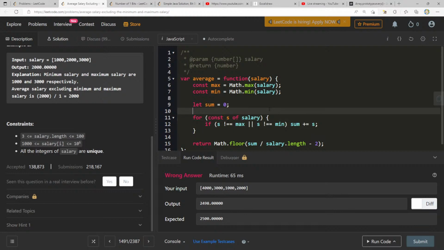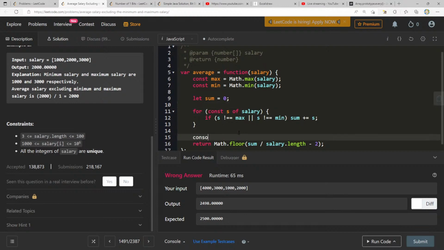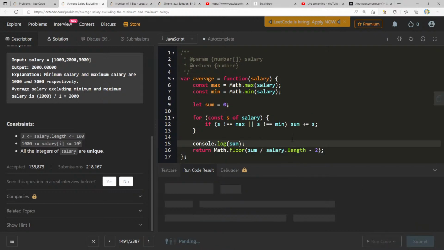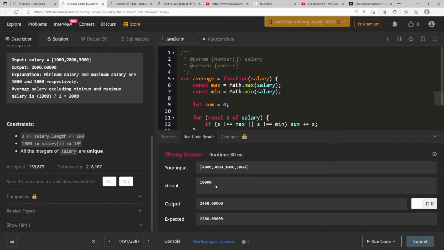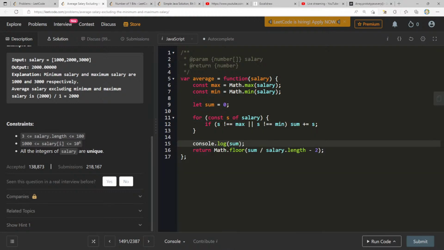But then we also need it to be. Why are things like this so complicated sometimes? It's literally just a simple expression and that thing's tripping me up. I bet sum is going to be some crazy number. What are we getting for sum here? Sum divided by salary.length minus 2. 10,000. Beautiful.